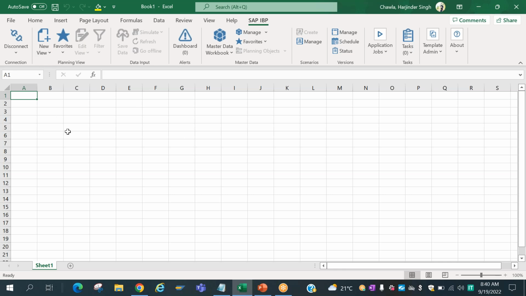For example, you are doing some work in this Excel and you are done with it. Then you can just disconnect using this button. Someone will ask, if I don't disconnect and just close it from here, then what will happen? Actually nothing will happen, it will just close. But the best practice is that whenever you are done, you disconnect. That is a good practice.